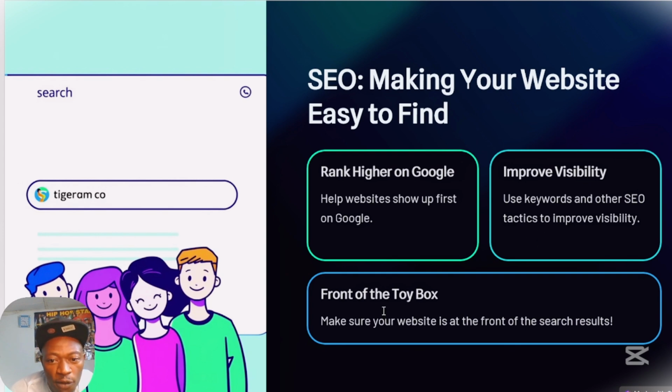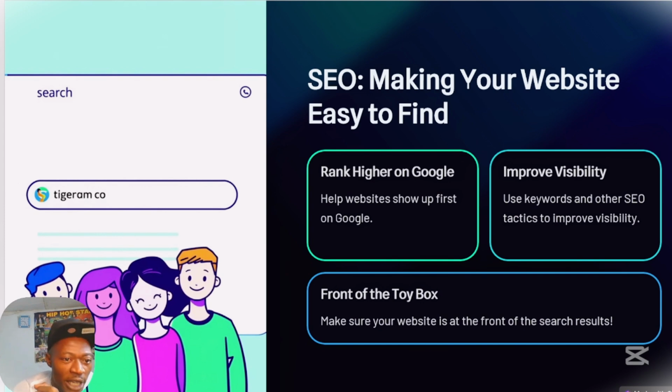This is just an analogy, like these children we are seeing here. Maybe they go on Google and search for toys, or they search websites, how to make money online. So by the time they search for those keywords, if you have optimized your content very well for those keywords, you get to show up on Google. They will click and then read about your content. Okay, and I'm going to also show you how I make money in affiliate marketing using SEO and my website